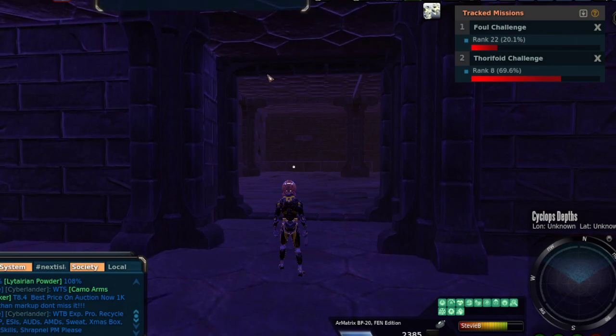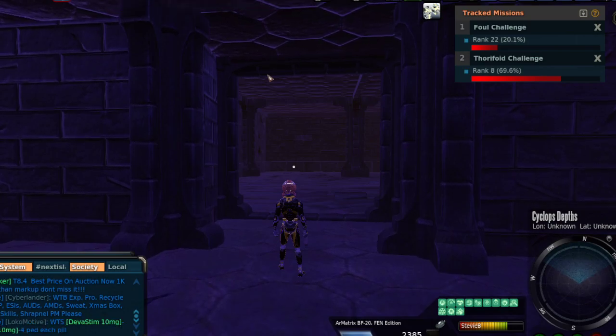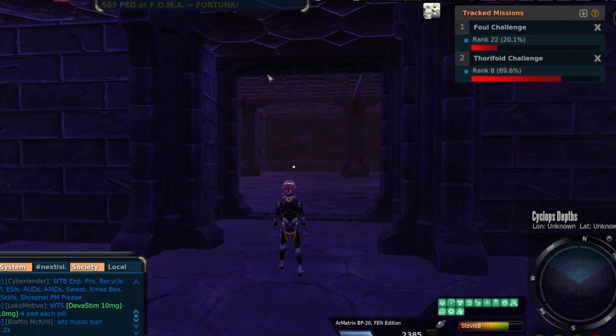I'm working on codex for both. I like the loot for both. I'm after the loot for both. So the fact that these are the two things I would be doing in-game anyway, I'm not doing anything special. I'm just splitting my time. Half the time I'm going after FAL because of the massive amounts of kills per hour. The other half the time I'm going after the Thorifoid because I have the higher cost to kill, which means